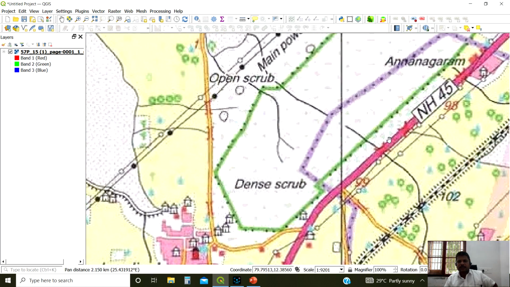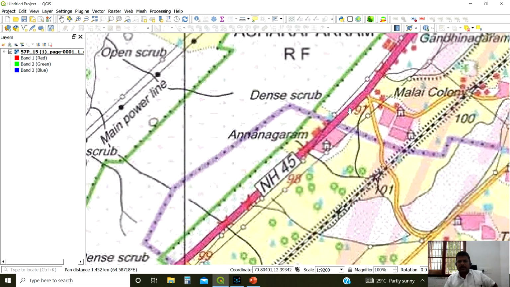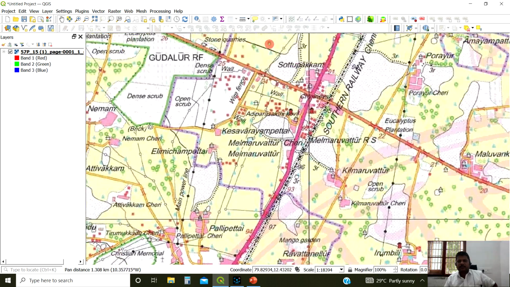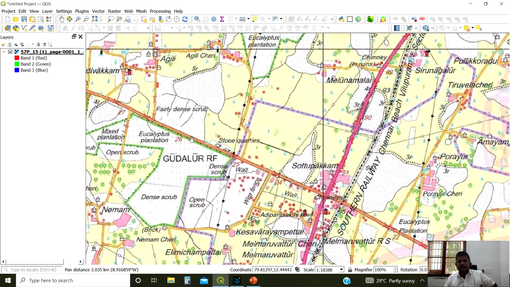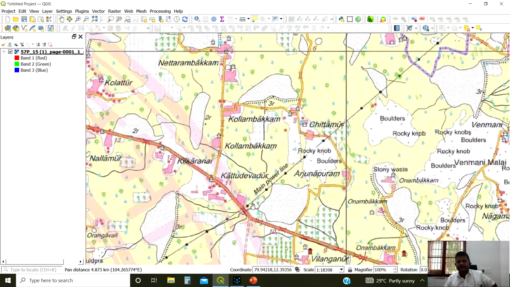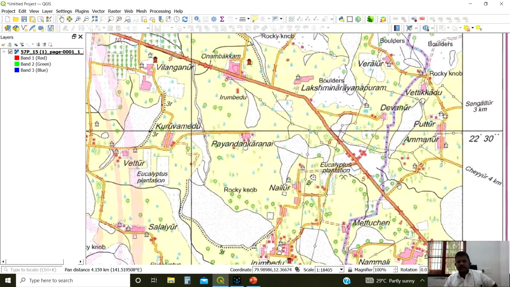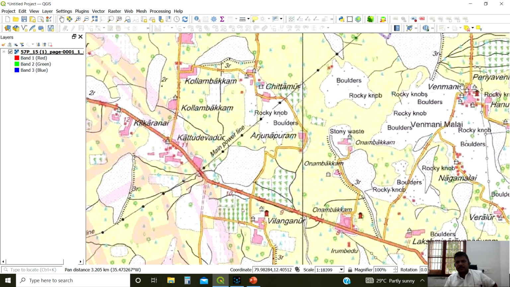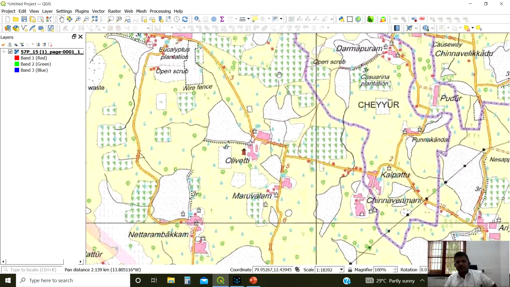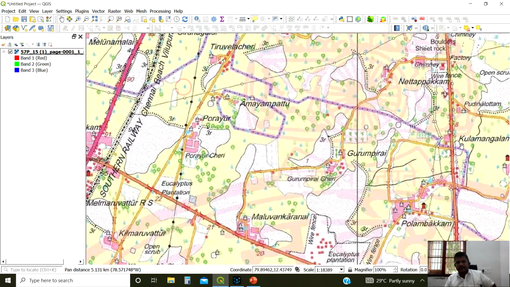This is National Highway 45 moving. We are going to capture this district road, otherwise it may be state highways. This color, some orange color roads, they are district roads or village roads, whatever we can call it.